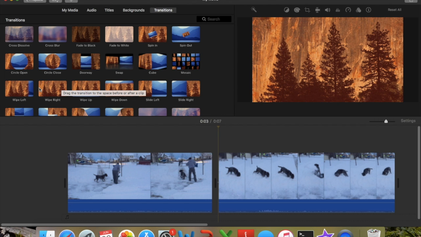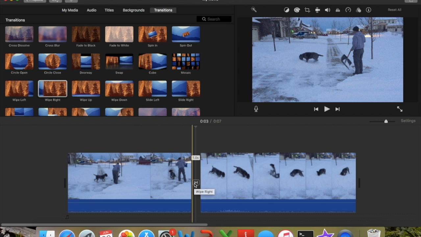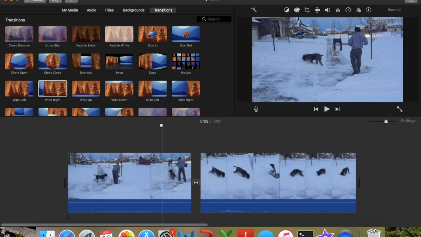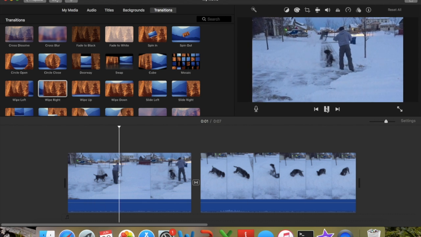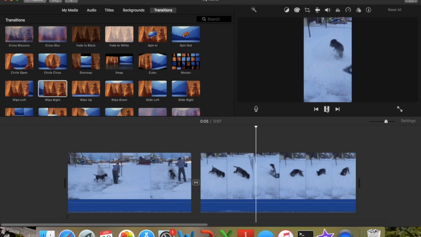So we're going to double click, and now you can see that down here, that vertical bar has changed to a little sideways hourglass symbol. So now if we want to see how this is going to look, what we can do is drag our cursor bar to the beginning of the video. That way it plays from the beginning, and we can watch and see our new transition. So you can see it just went ahead and swiped right, and it's just a very nice, clean flow, not